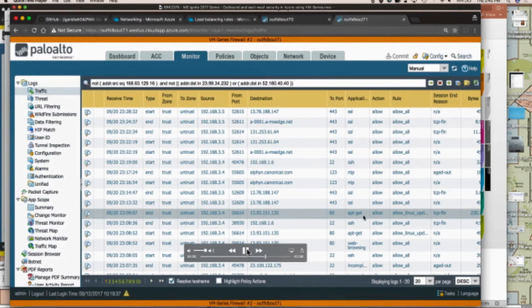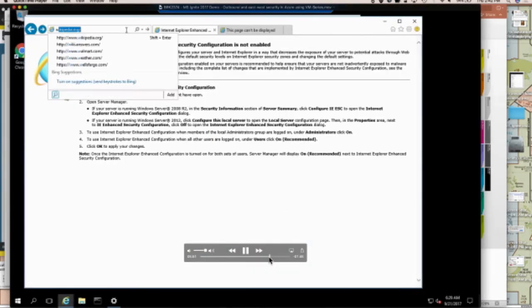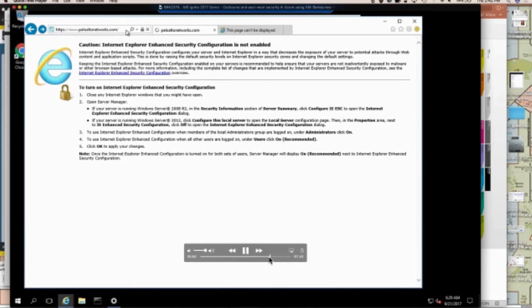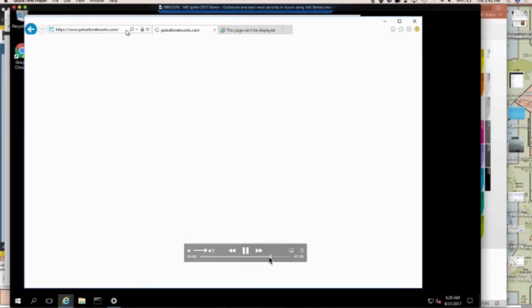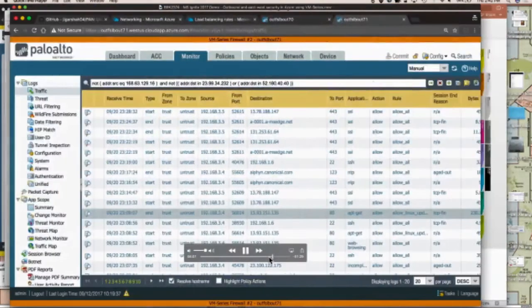There's also a Windows machine that I have on the back end. So I'll show you a basic example of what would happen if there was a Windows machine on the back end and not just a Linux machine. Okay, so this is the Linux machine, a Windows machine, and I tried to go to our company website. It's going to go to the load balancer, and then it's going to go to one of the firewalls, right? I don't know which one it's going to end up on, because the load balancer is going to decide. Okay, so I go back to the firewall, I do a refresh to see what traffic showed up,